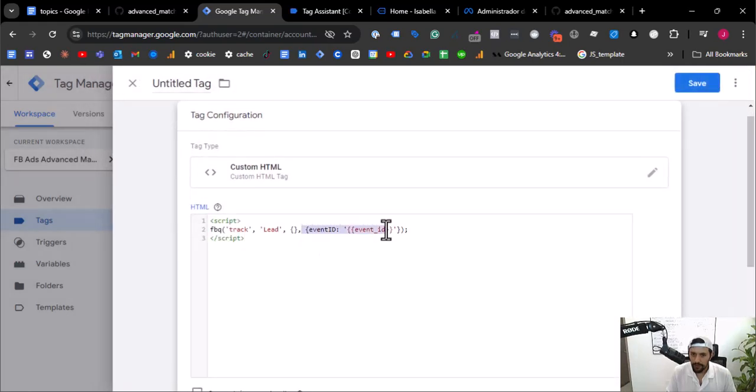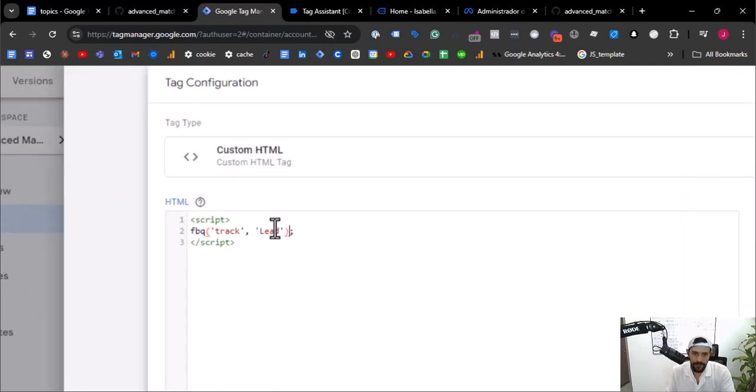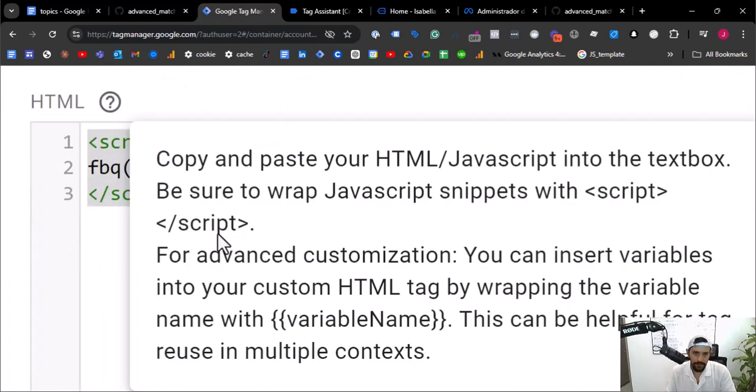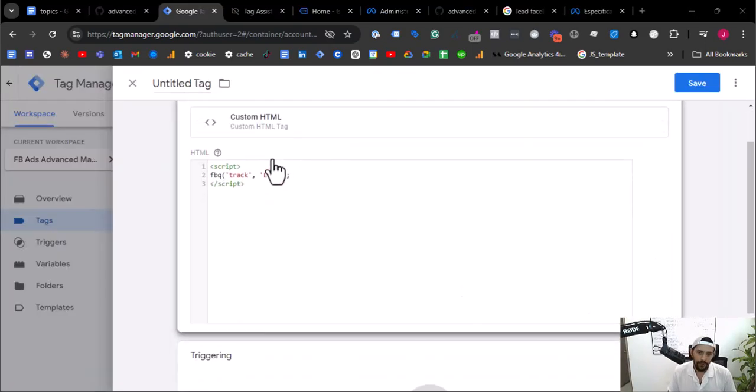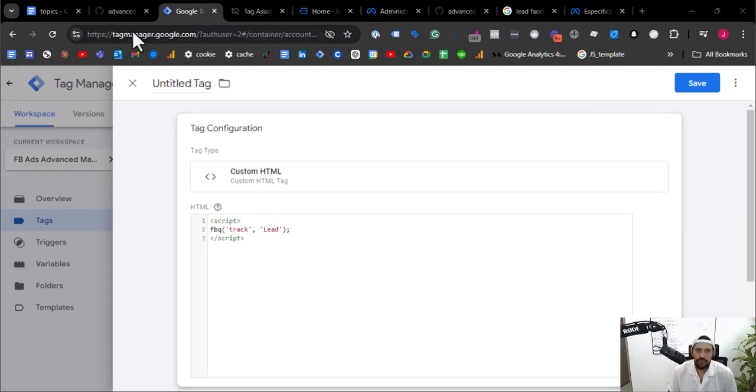And we are going to deselect this. This is just for client side, so we don't need all this information. So make sure you have the script like this, clean. All right. Now we should add a trigger, but as I'm not sure yet about how the lead event will behave here,